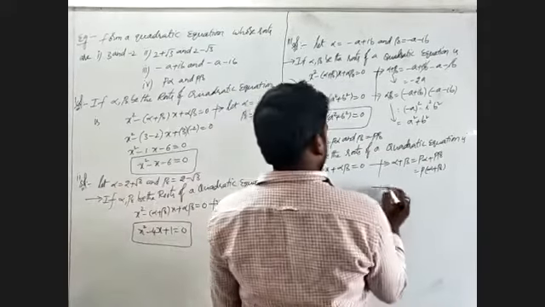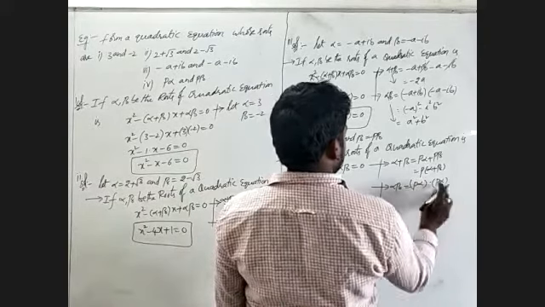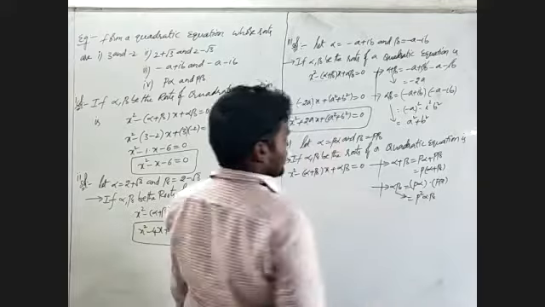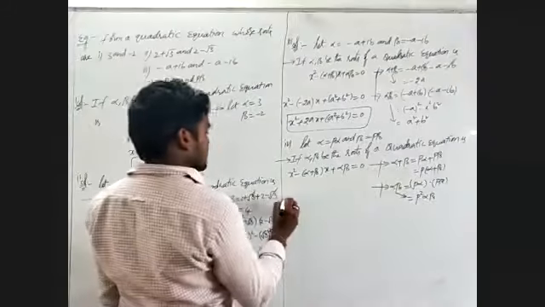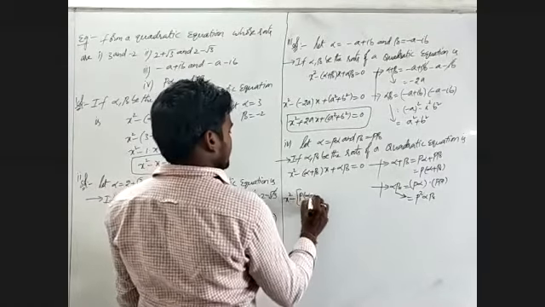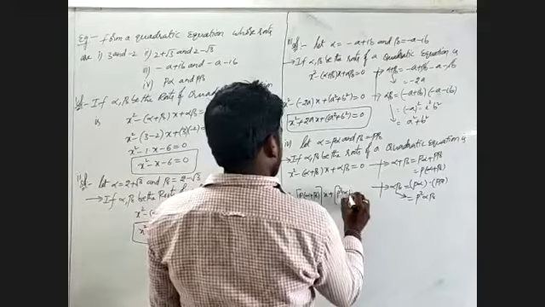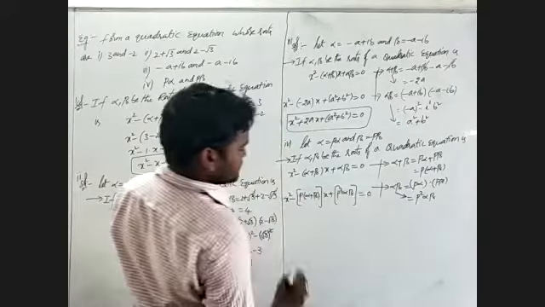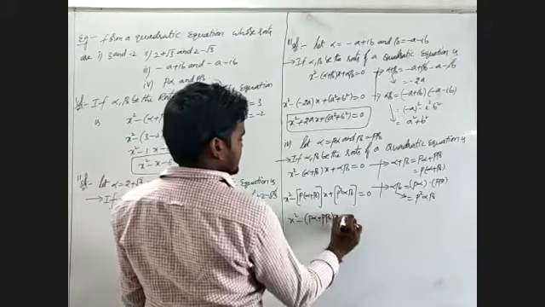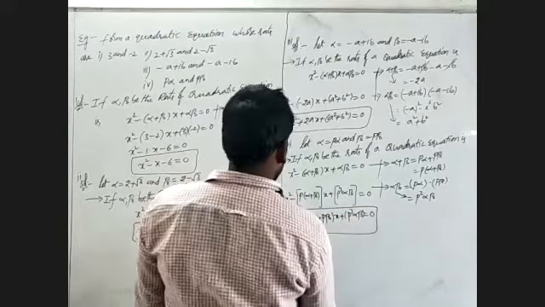After that we'll find the value of alpha beta. Alpha beta is nothing but p alpha into p beta, that is nothing but p square into alpha beta. I have to substitute these two values, so I will write x square minus (alpha plus beta, which is p of alpha plus beta) into x, plus alpha beta, which is p square alpha beta, equal to 0. Again we have to expand this: x square minus (p alpha plus p beta) x plus p square alpha beta is equal to 0. This is the required equation.